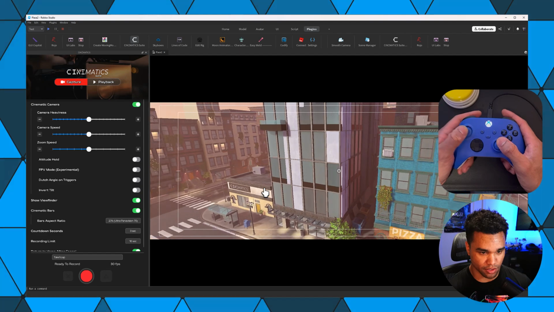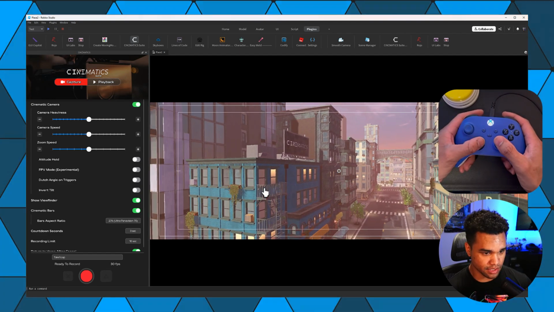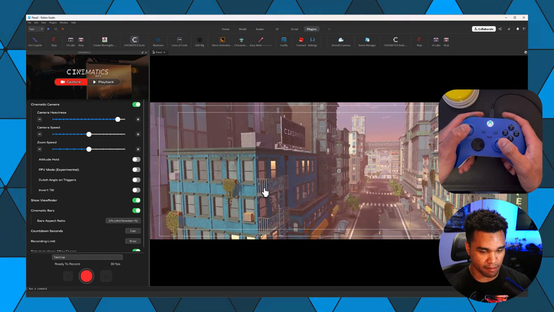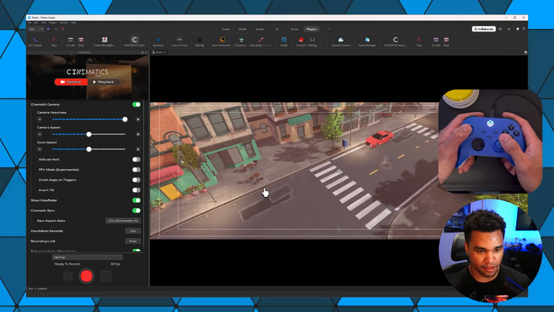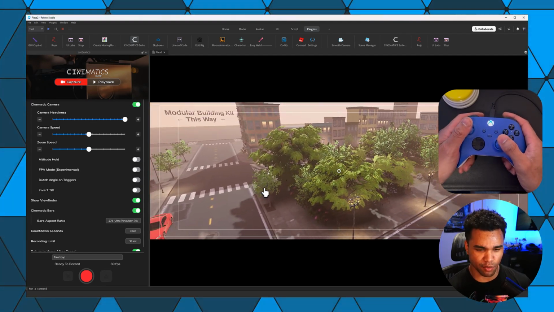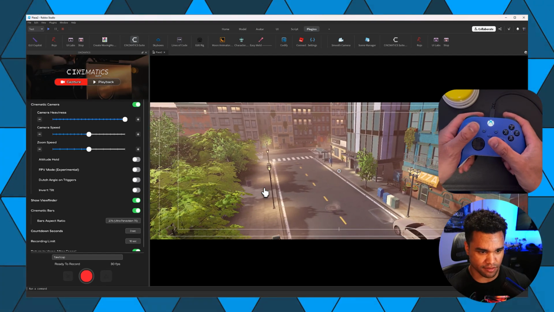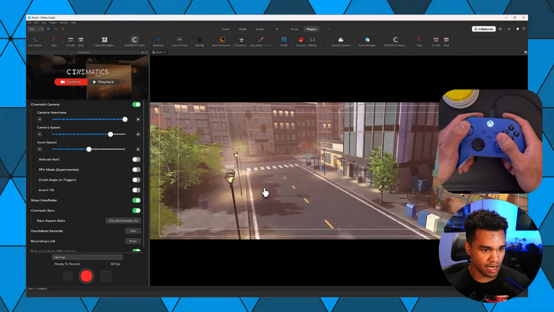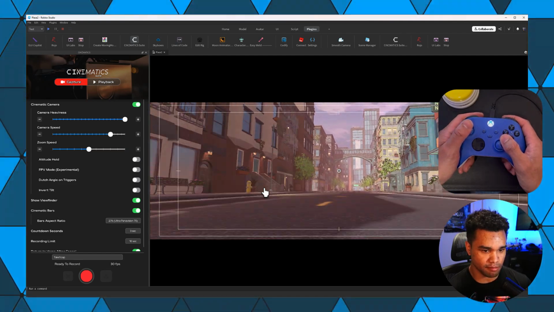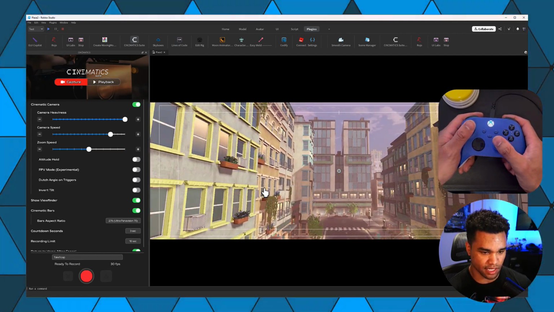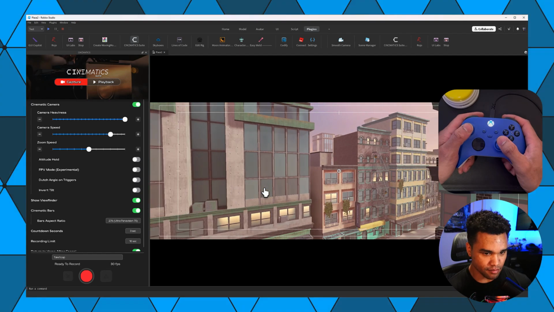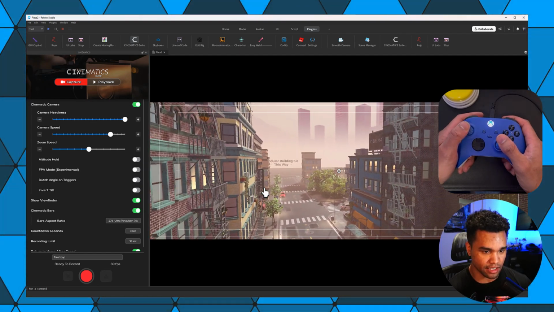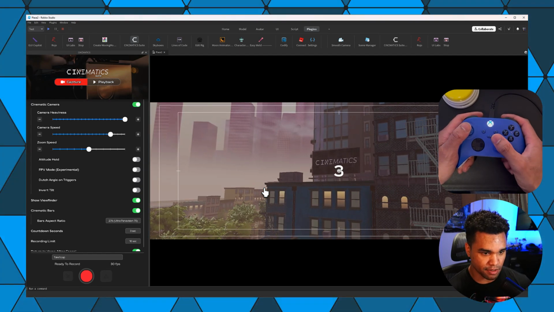Now you can increase the camera heaviness, which makes the inertia smooth. It's like moving a really heavy camera is what this feels like. You can increase the camera speed, which means the movement, but the heaviness can stay the same. Now, when you want to record a cutscene, just go ahead and press the X button,